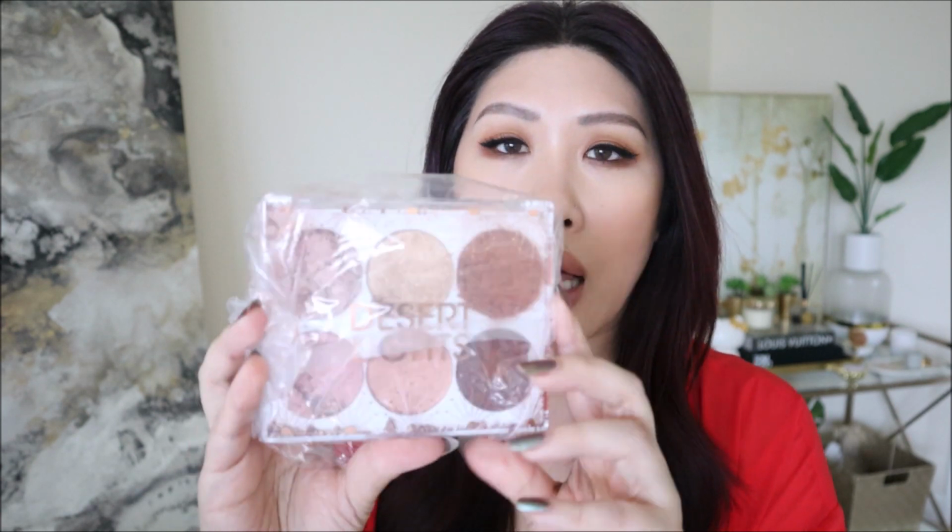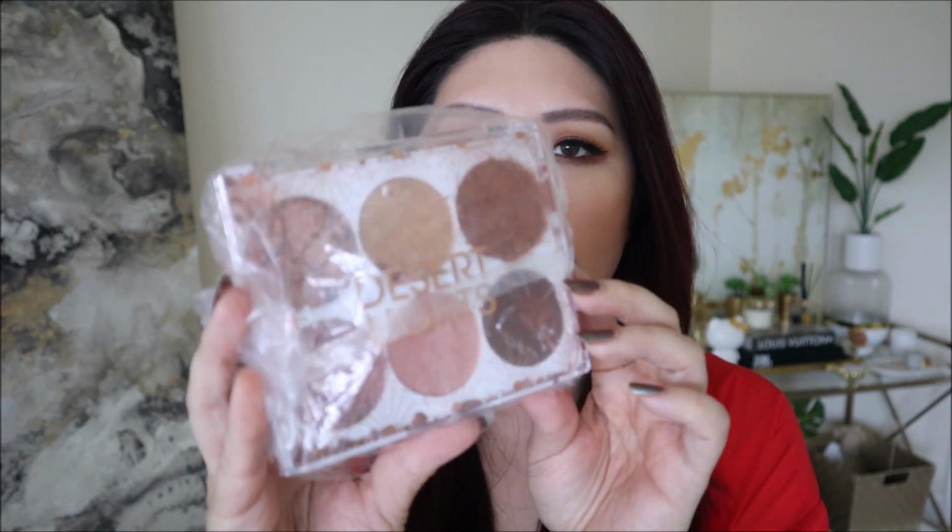This is getting returned. I picked up the Desert Lights palette from Flower Beauty, but it came completely cracked and crushed. So it's fine. When I see it in person, I don't know that I would reach for these that often anyway. I really love the other one I have. Is it called Jungle Lights or...